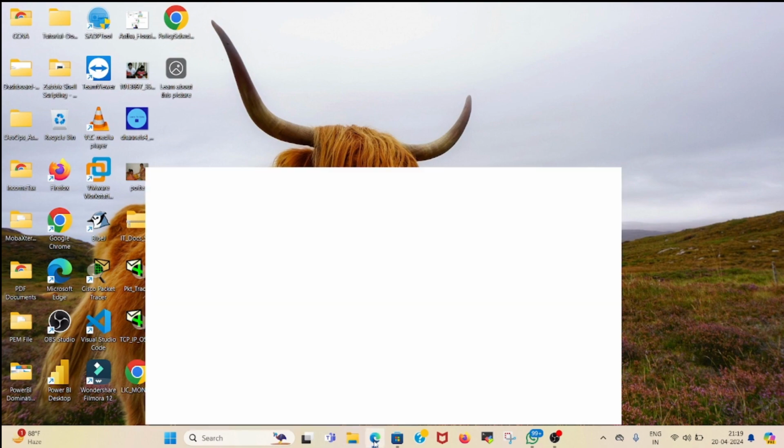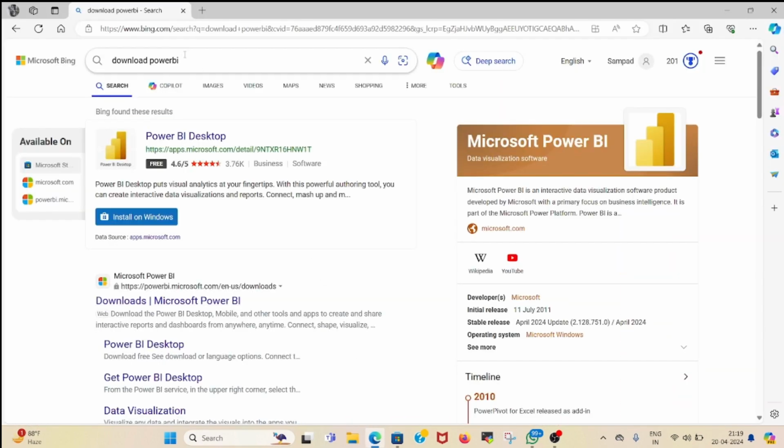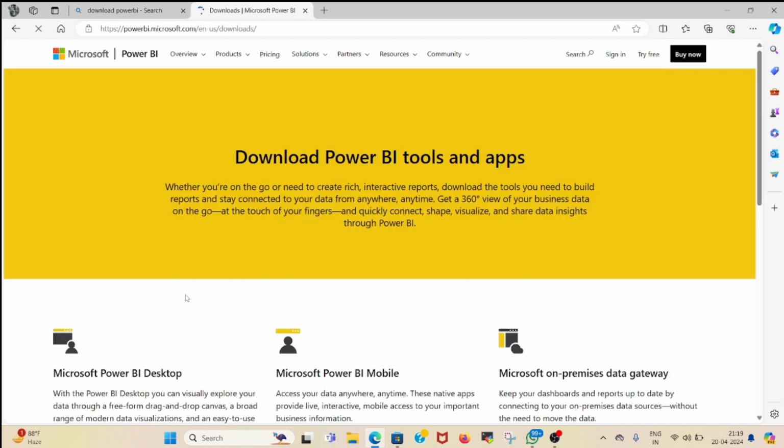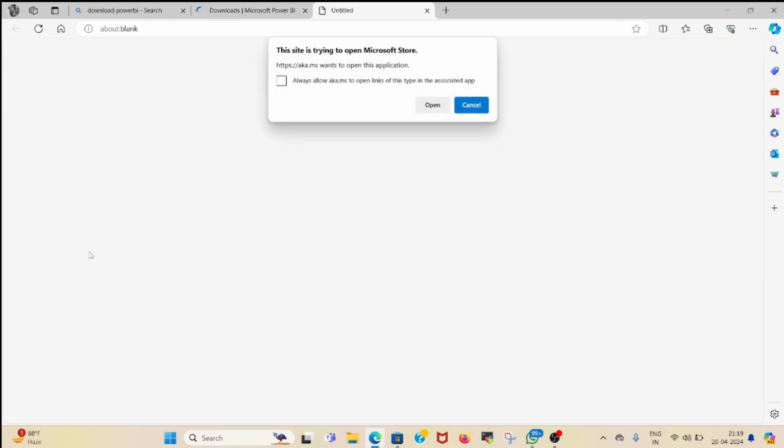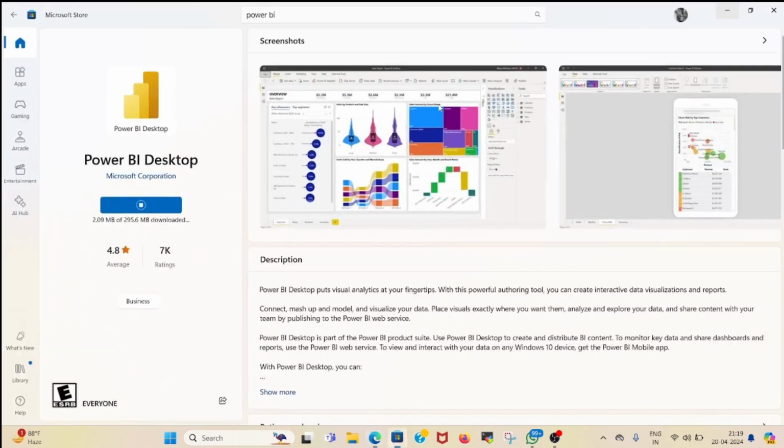So first, what we need to do is just search for download Power BI and click on the first link by Microsoft Power BI. After clicking on the first link, the downloads page will open and download this Microsoft Power BI desktop. On clicking on download, it will try to open the Microsoft Store. Click on open